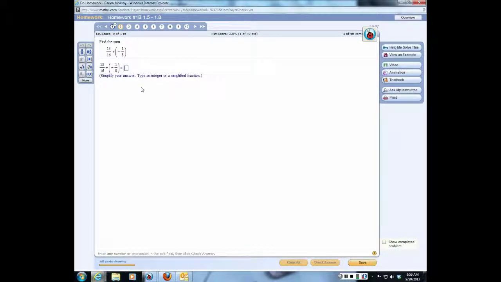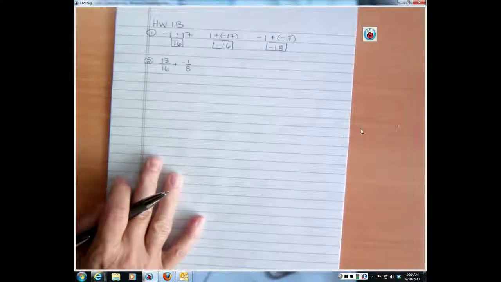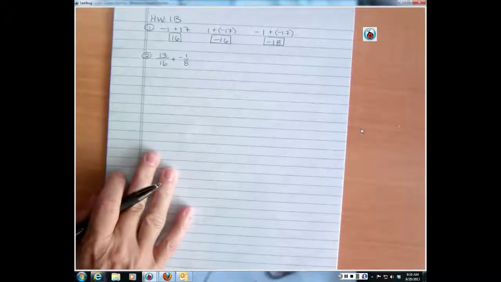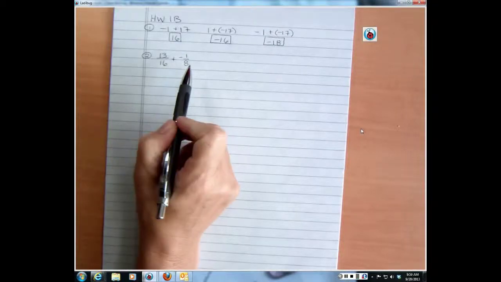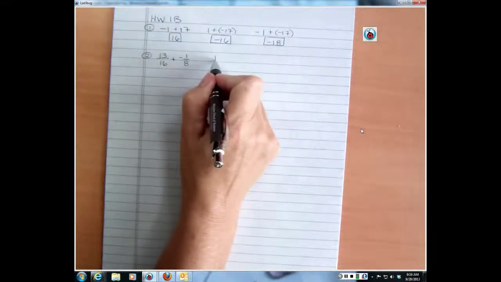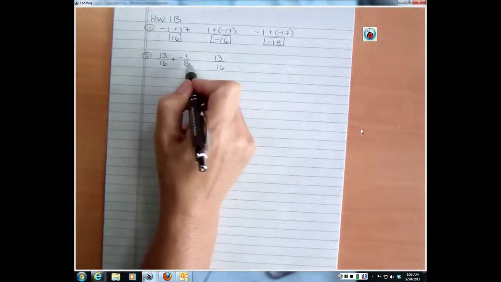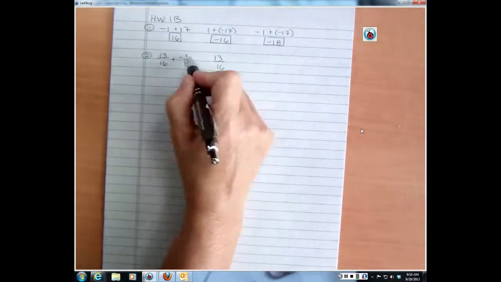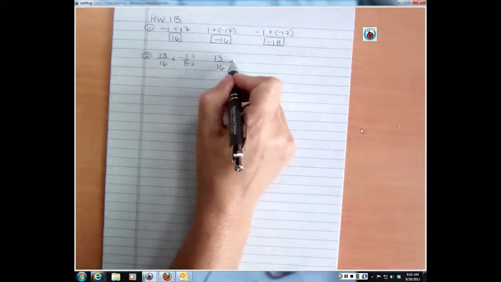So we have 13/16 and -1/8. I still am asking myself, do I have more negatives or more positives? But before I can ask that question successfully, I have to make them have the same denominator. And the least common denominator, LCD, for 16 and 8 is 16. So if I rewrite this problem, I wouldn't change the first one because it's already got 16ths. But for the second one, I need to multiply 8 times 2 to get 16. And I'd multiply -1 times 2 to get -2. And so what I would get over here is -2